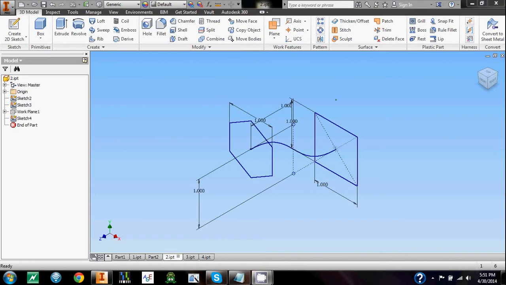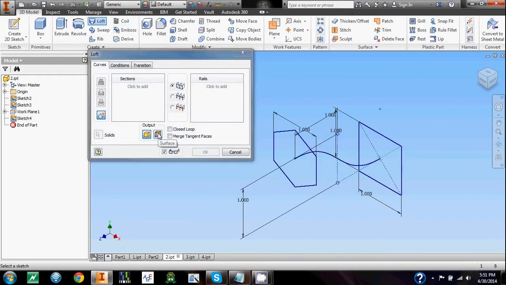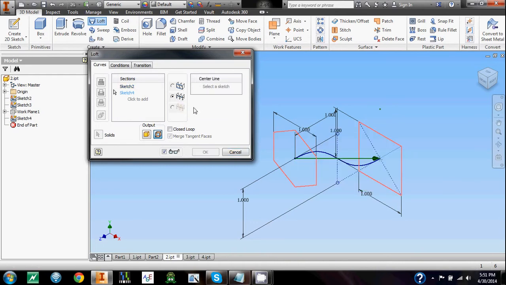Now, to demonstrate a more complex application, here we have a hexagon at one end of a spline, and we have a square on the other end. Utilizing surface features, we can mesh these sketches together more easily than with solid features. So if we go to Loft here, go to Surface Feature, click your first sketch, click your second sketch, click a center line,